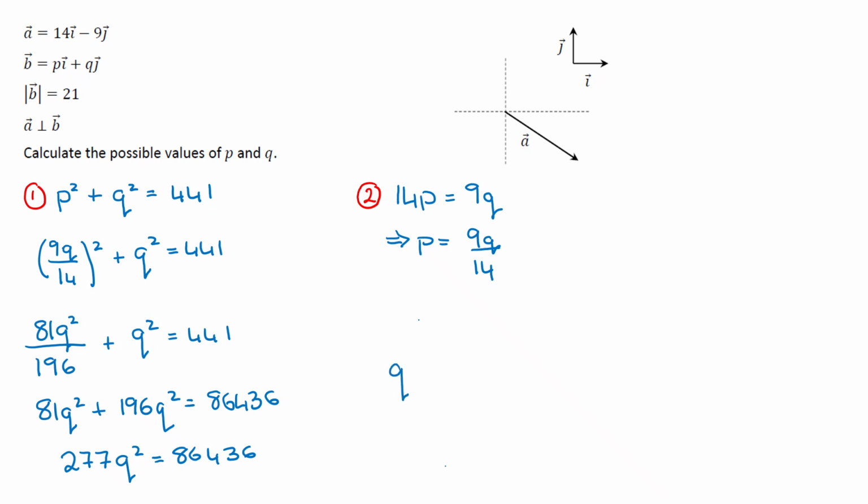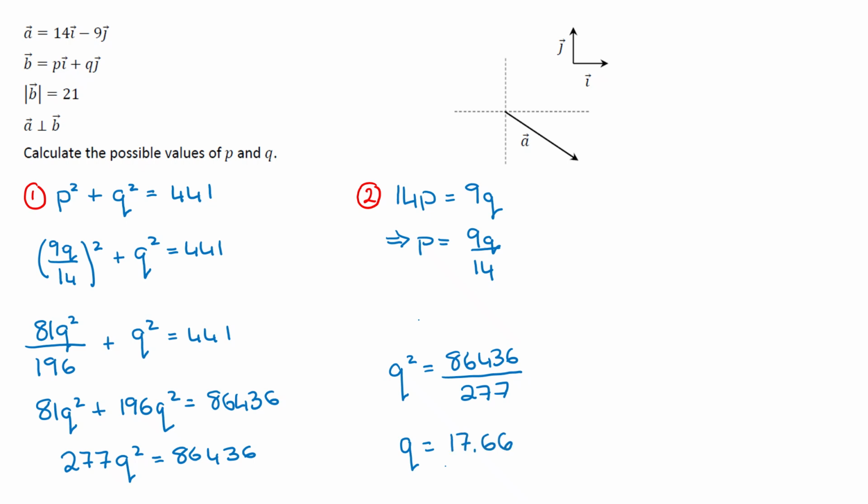So our q squared is going to be 86436 divided by 277. So does that tidy up in any kind of nice way? Nope. So we're just going to square root that as is. And that gives us Q equals